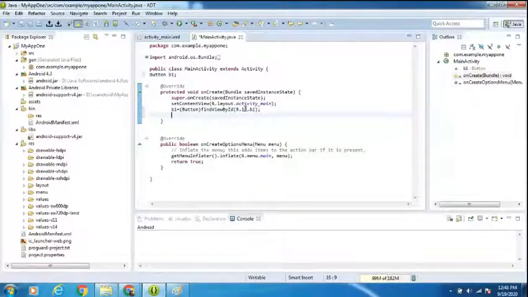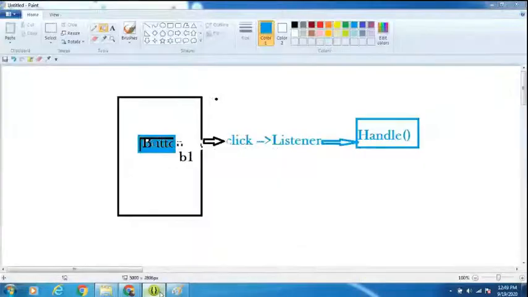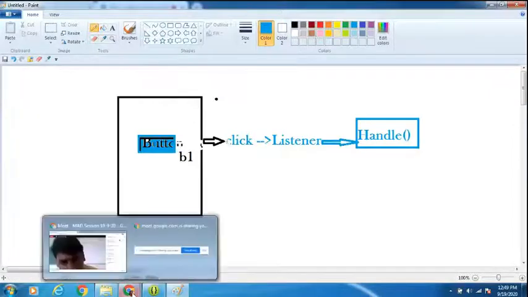Sir, what is R? R represents a resource file. Resource file means whatever resources we are using. Button is a resource. Text box is a resource. All the resources will be present as part of the resource file R.java.